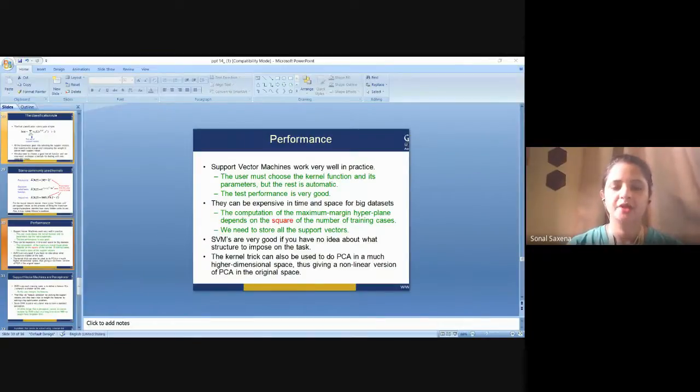So quickly, in a nutshell, I'm just going to summarize today's lecture 14 about SVM. Support vector machine is one of the most popular supervised learning algorithms, which is used for classification as well as regression problems. But primarily, it is used for classification in machine learning. The goal of the support vector machine algorithm is to create the best line or decision boundary that can segregate n-dimensional space into classes so that we can easily put the new data point in the correct category in the future.